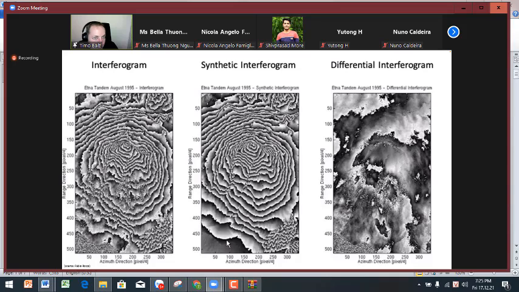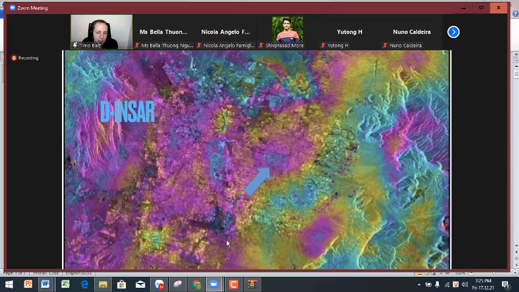volcano. We have here the interferogram, the simulated DEM, the interferogram simulated with the DEM, and then the differential interferogram, so the true measurement minus the simulation, and you get here the rest of the phase components. You see some noise, and the phase components rather related to motion from the volcano, uplift and subsidence of the volcano. And that's in principle how it works, right? It's rather straightforward. You get your interferogram, you simulate the DEM, and then you subtract them from the model. And if you do that, then you end up